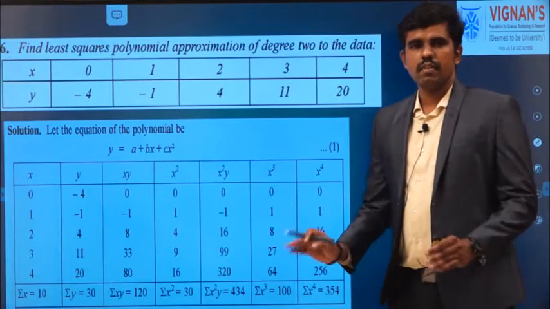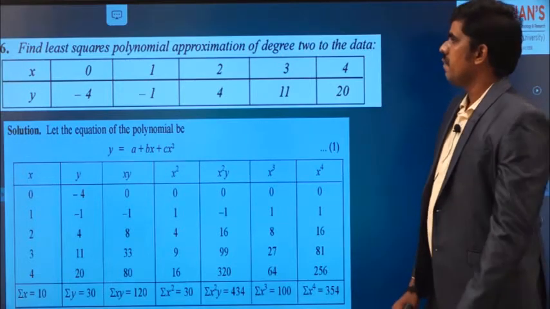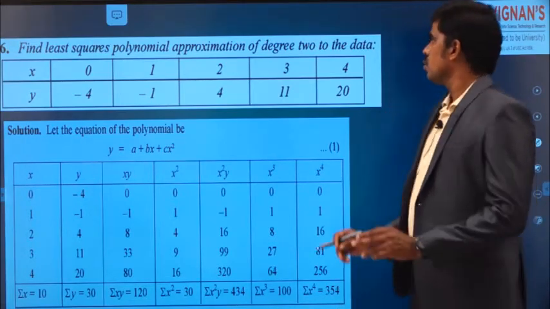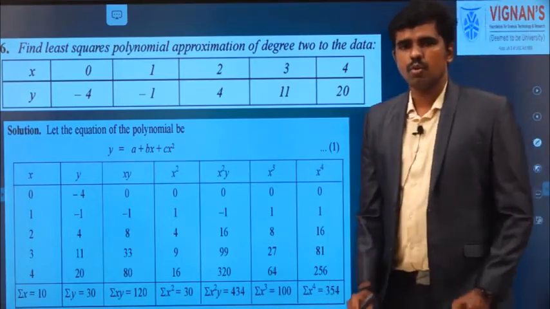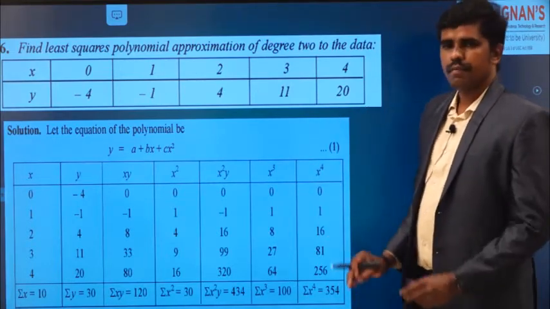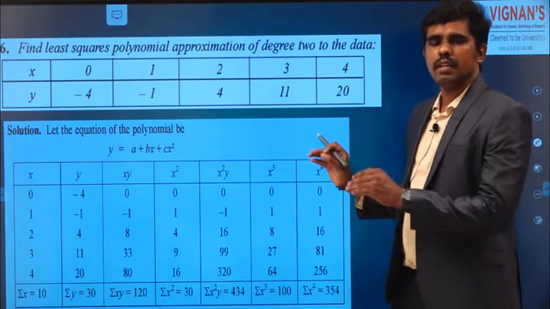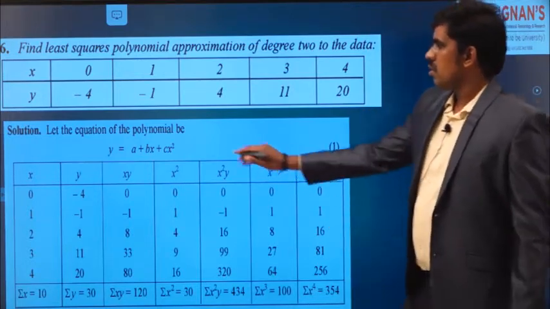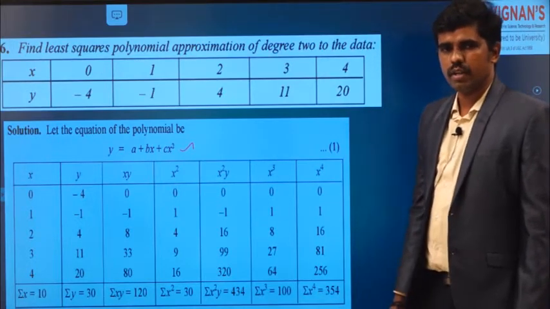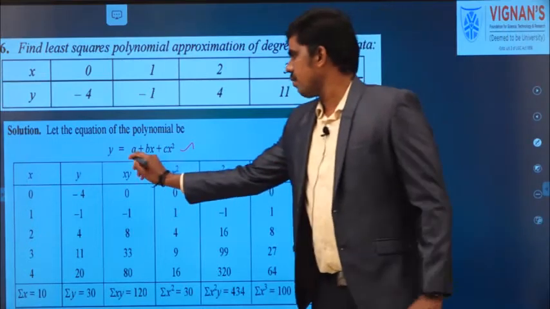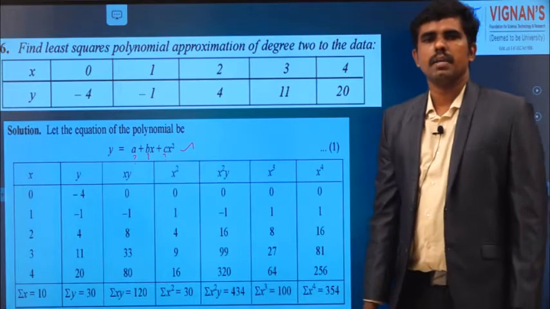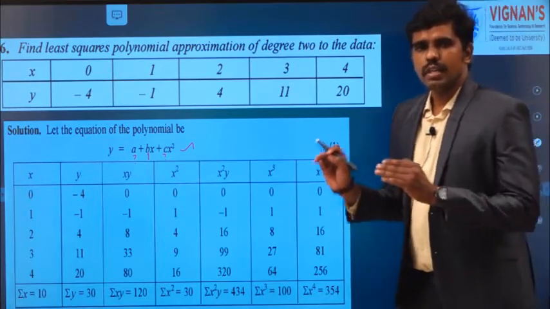Now I will explain one example. Find the least square polynomial approximation of degree 2 to the data. So they are asking to fit a parabola for the given data, to find a parabolic equation for the given data. So you know what the parabola equation is? y is equal to a plus bx plus cx square. What is our aim? Our aim is to find a, b, c. So to use the normal equations,